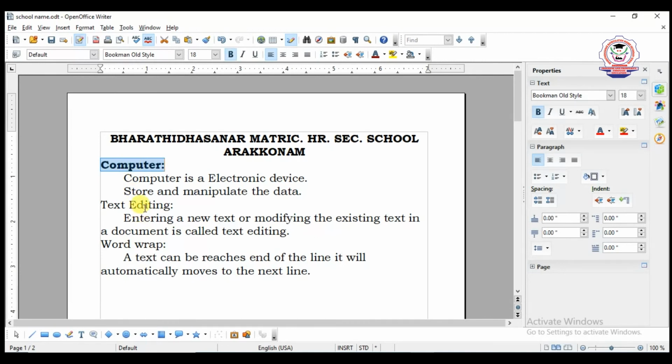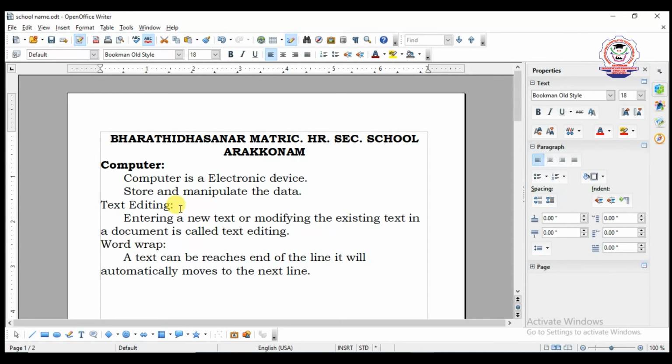And if you want to select a text using the keyboard, you can long press the shift key and use the arrow keys. Here we are selecting up to the end of the document.